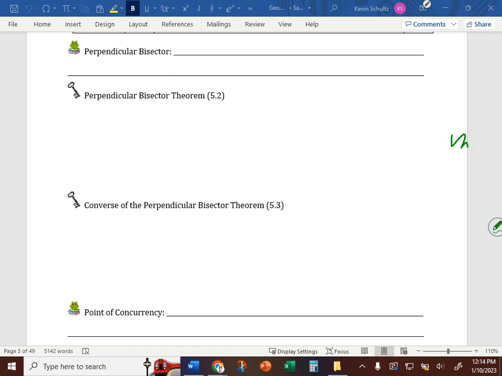Perpendicular bisector is a segment, ray, or line that intersects a segment, ray, or line at a 90-degree angle. There's the perpendicular part